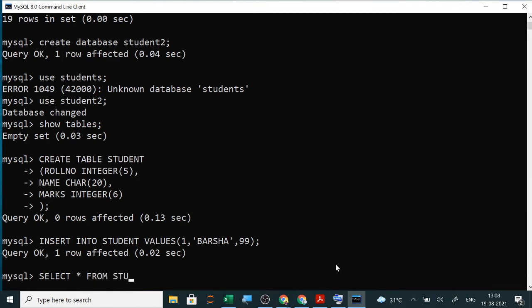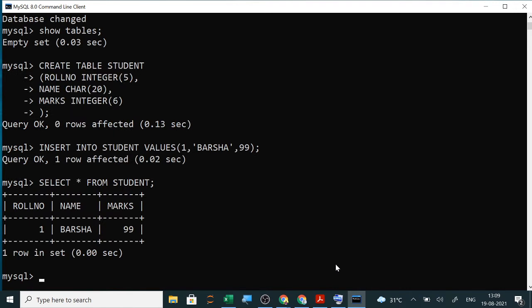Table name is student. Now you can see the table has been created with one record. Clear? Now like this you can add more records. I want to enter the next one, so it will be roll number 2, and the next student name I can enter here like